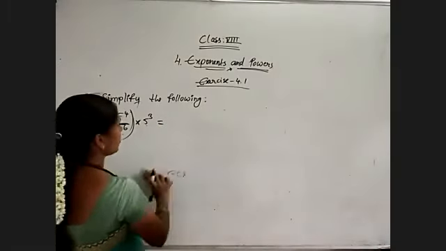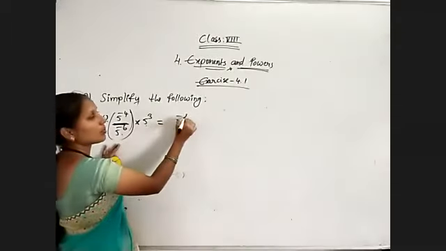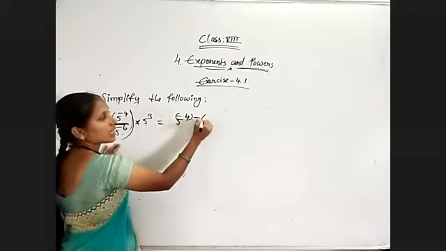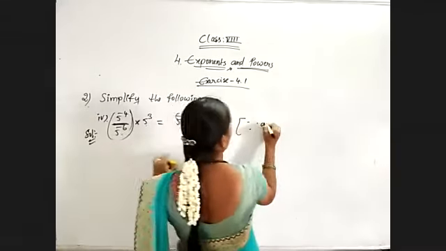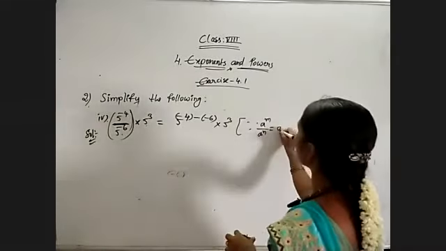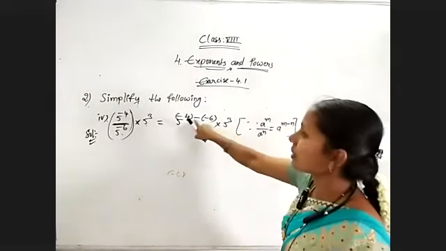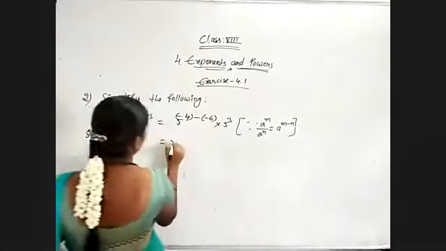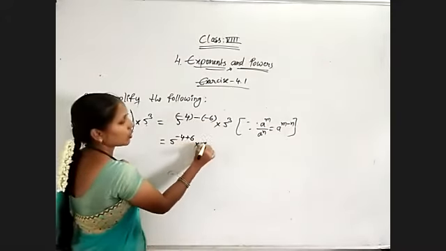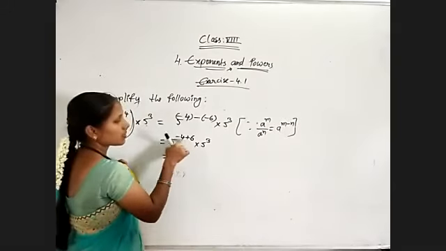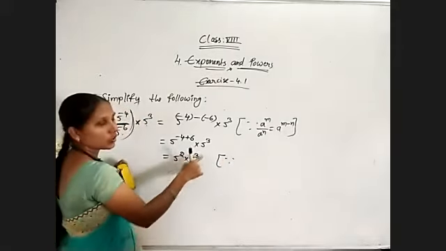So simplify by using a^m/a^n equal to a^(m-n), times 5^3. Since m is -4, n is -6, with a minus symbol between them, this will be equal to 5^(-4 - (-6)) × 5^3. Minus into minus becomes plus 6. So simplify this first one: 6 minus 4 is 2, giving 5^2 × 5^3. Now observe both are in which form? a^m × a^n.